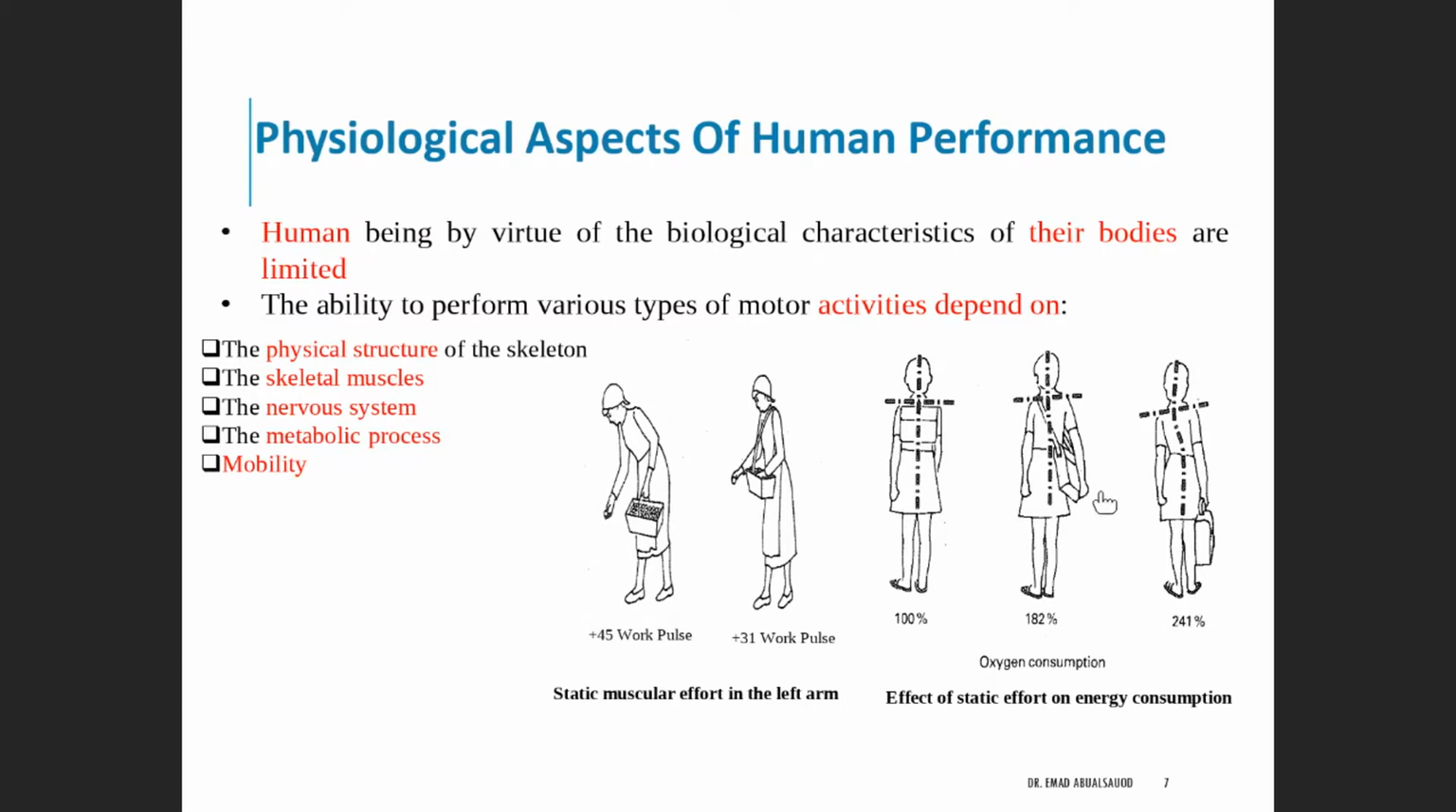Whereas if you put the bag on the shoulder crosswise, like this way, this will reduce the consumption of the energy, and it will be 182 for the oxygen consumption. If you put the bag balanced between your two shoulders, that will be reduced compared to those two postures, and the oxygen consumption percentage will be 100% from 241. What we are trying to say here